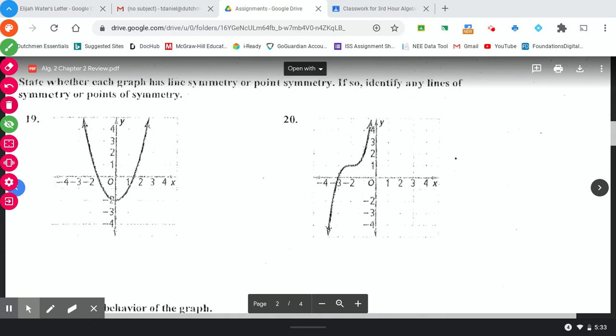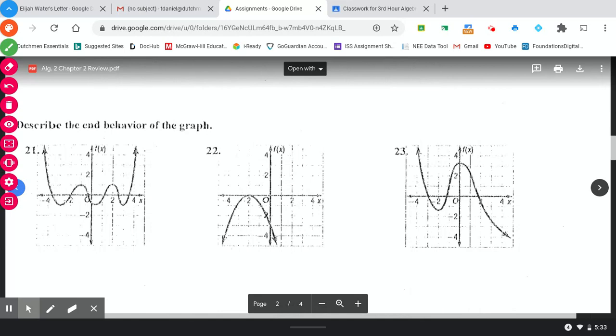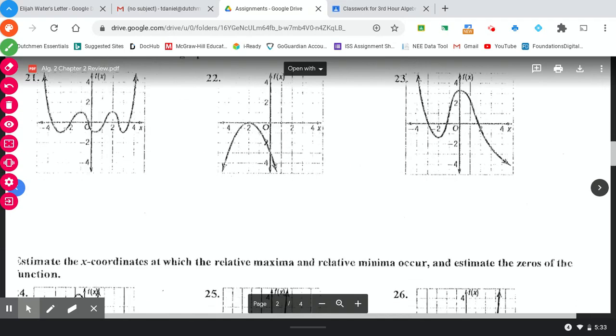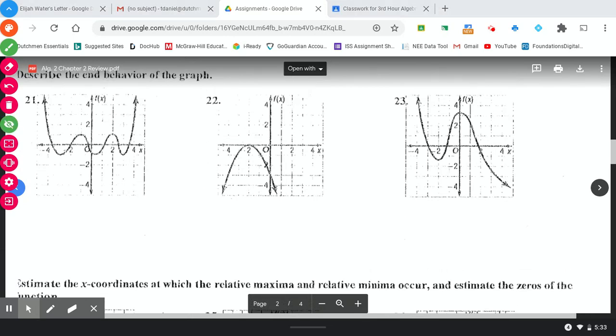Okay. All right. And then next one, they want us to name the end behavior of these functions. So what we're looking at on these is the ends of them. What are they doing? Well, both of them are increasing, right? And the way you think of it, this over here is positive infinity, and this over here is negative infinity. Okay. So this graph right here is increasing, right, as it approaches positive infinity. So increases